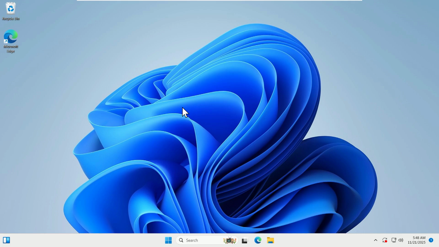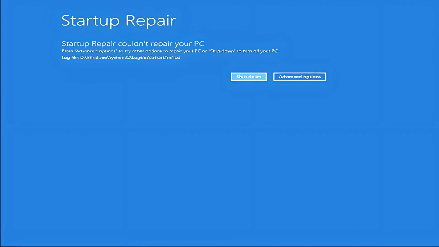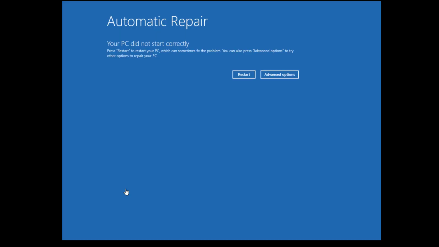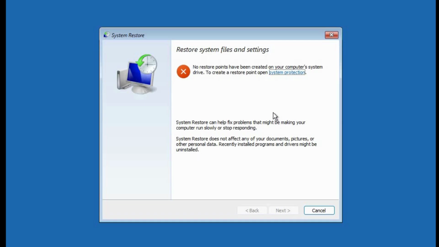I am going to show you how to create a system restore point on your Windows 10 or 11. This is extremely important because if you ever run into booting problems like the blue screen of death, system corruption, or any issue that prevents Windows from loading to your desktop, then having a restore point can save you instantly. So, I strongly recommend every computer user to create at least one restore point in case Windows did not create